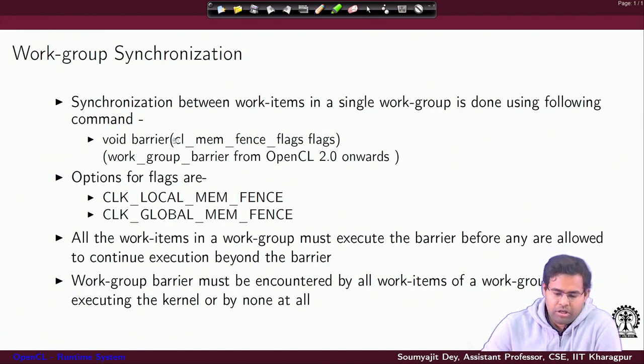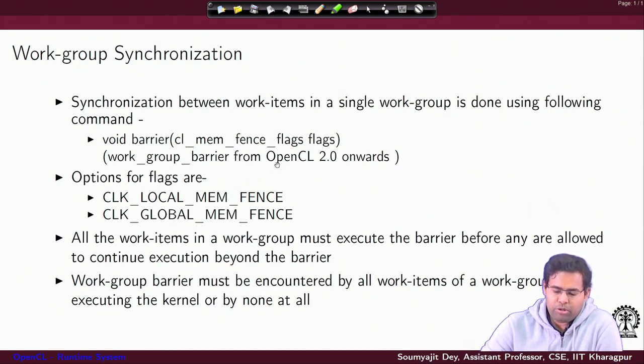For this the OpenCL function we will be using is barrier, right, and the barrier function takes as argument this cl_mem_fence_flags type variable, and from OpenCL 2.0 onwards we also have this command for work_group_barrier. It is a similar command, but it provides you the notion that yes, this is about synchronization inside the work group, and for that you have this flag as well as another field called scope. For now we will just go with the flag.